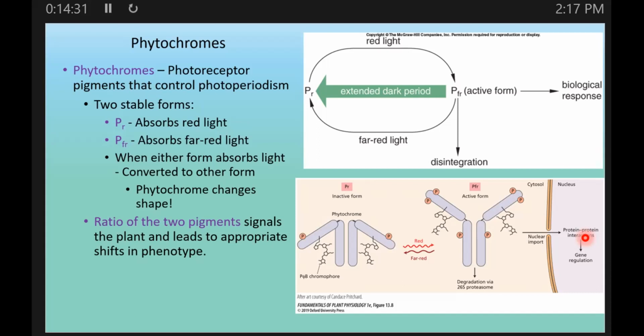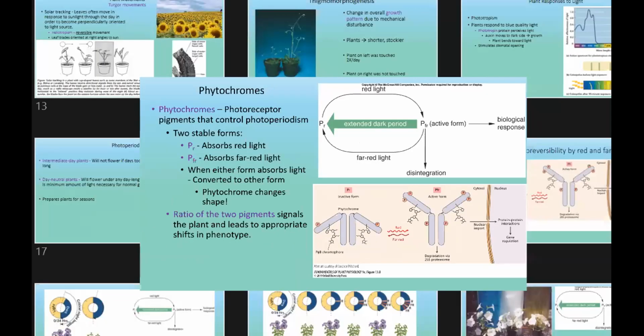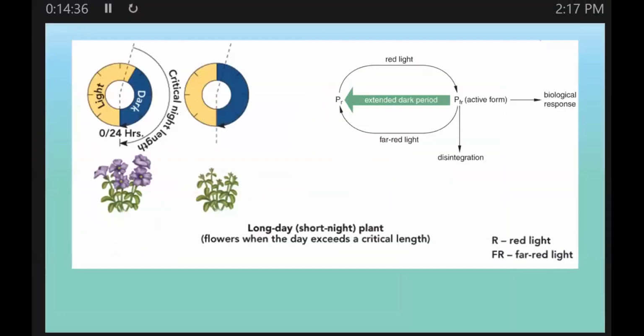Well, let's think about a couple of examples. Okay, let's go to this. So let's say we have a plant that's in the long day plant category. That means it needs some day length longer than a critical period in order for it to flower. So this donut shape of time is showing you the critical time period is the dashed line. And so if it's a long day plant, you want the light period to go past that critical period, which it has. So under this condition where the light exposure is longer than the critical period,